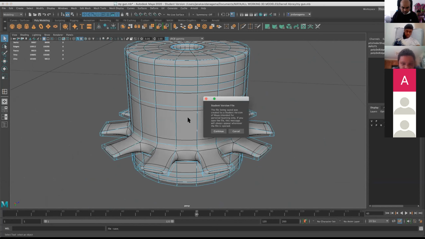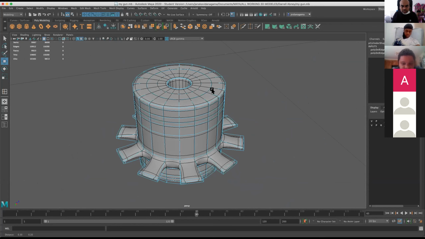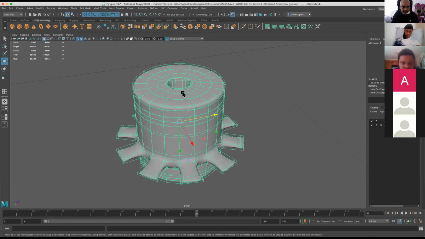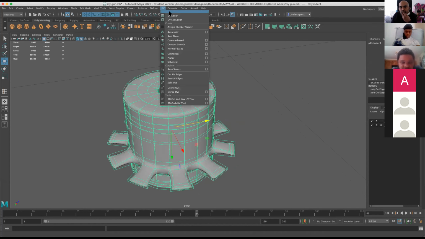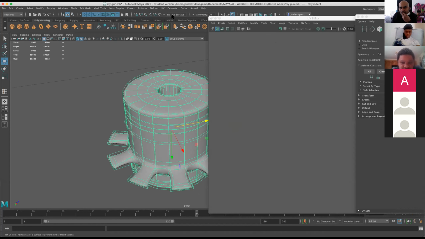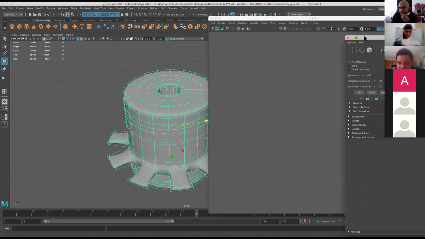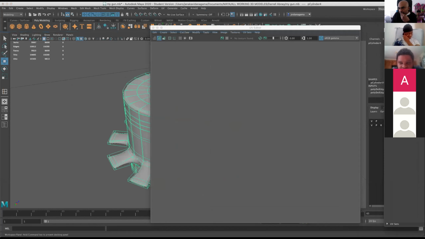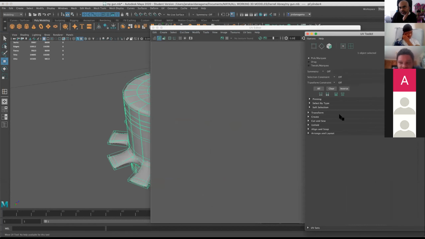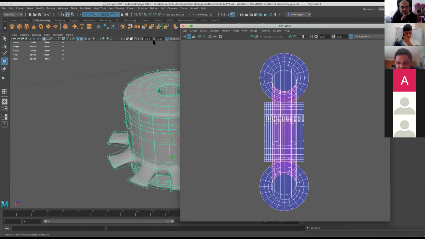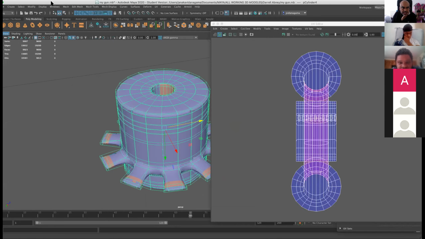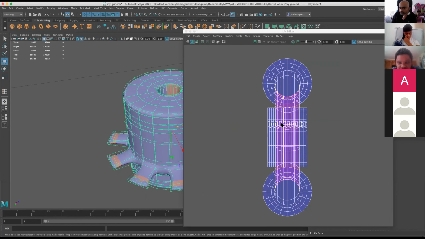Right. So what I'm going to do is show you a trick. If I go to the UV editor, it's recording by the way, so you don't have to worry about it. I'm going to talk about, can you see this UV toolkit here? Yeah, you can see this window as well. So when I select an object initially, it's projecting some